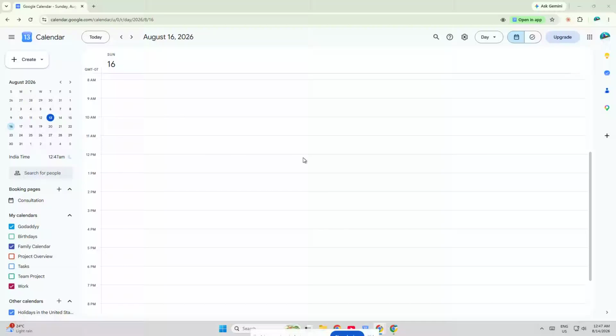If you want to make Google Calendar events blocks, you're in the right place. In this quick tutorial, I'll show you exactly how to create an event in Google Calendar so it shows up as a clear time block on your schedule. This is really useful for planning focus time, meetings, appointments, study sessions, or anything else you want to organize visually